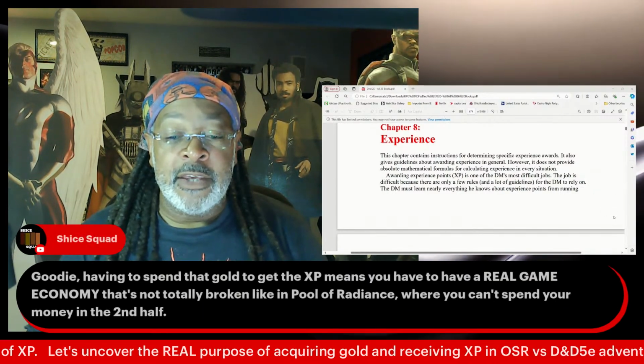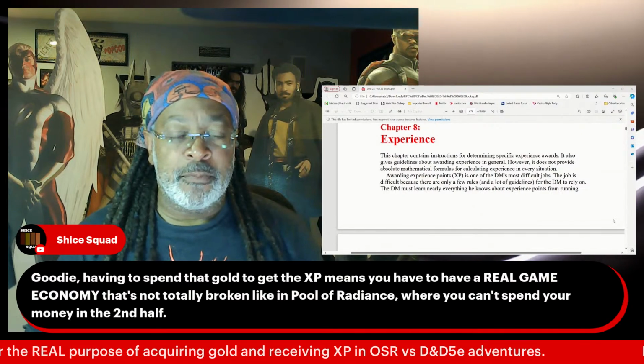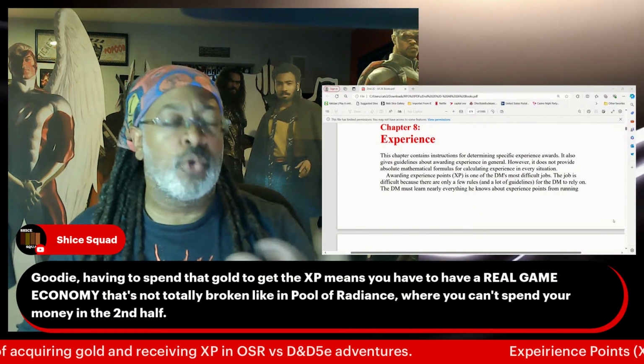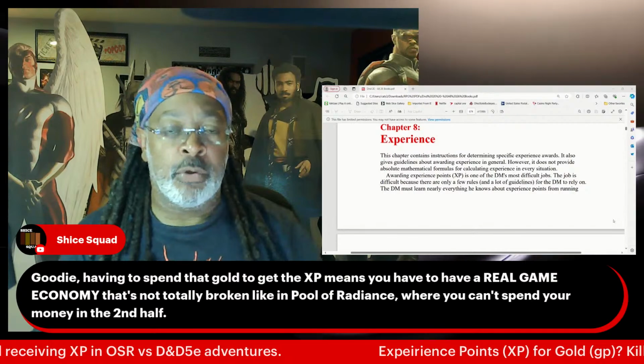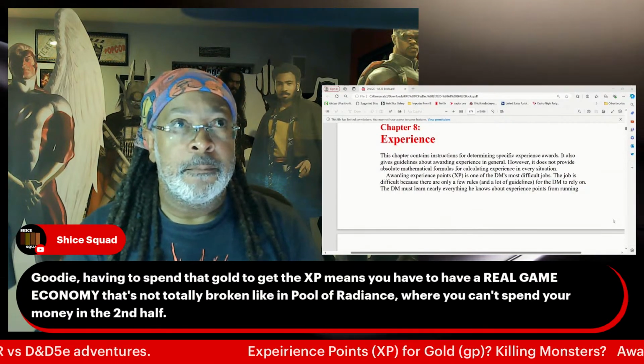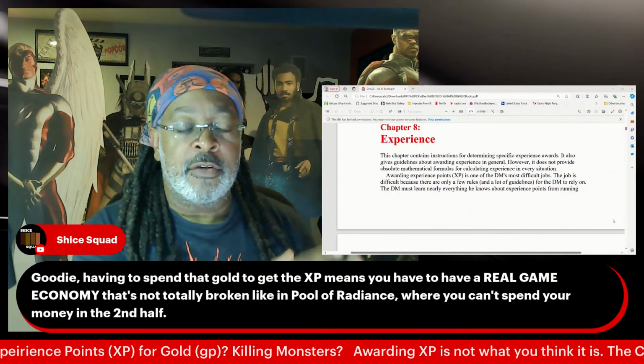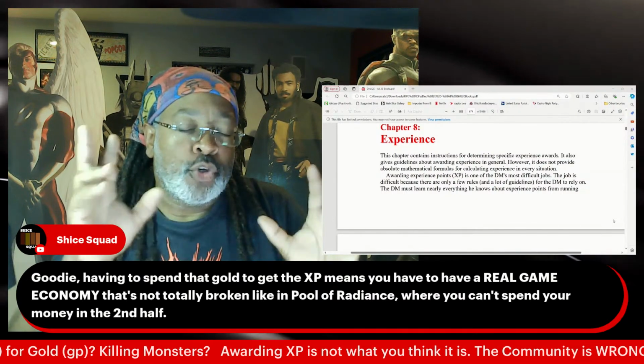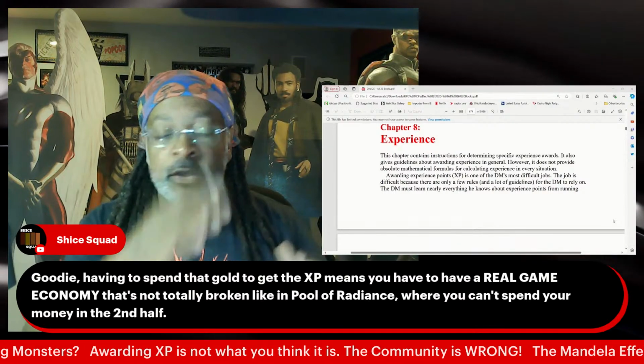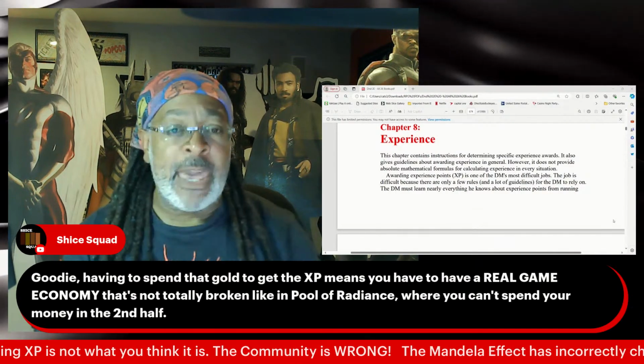Now, the purpose of expending the gold, of course, making it an in-world thing, also meant that the other half of the adventure was taking the gold and getting it out of the crypt, dungeon, caves, whatever, and getting it back home.